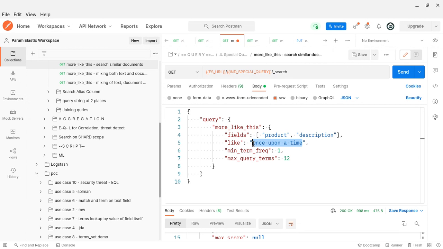From the matched documents, Elasticsearch itself identifies more terms. Then it frames a boolean query and executes that query again, and you get another result. That second result is given to me. That's how more like this works.